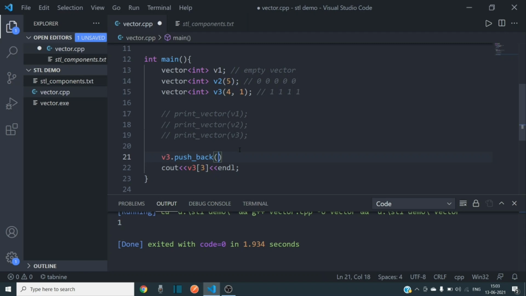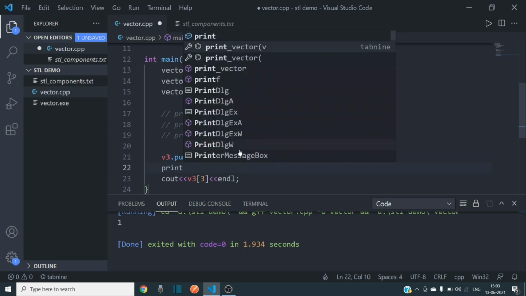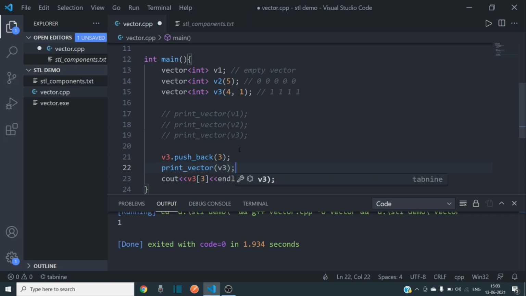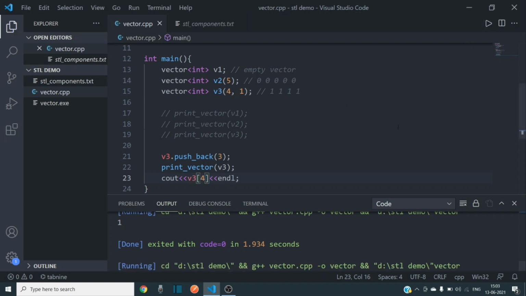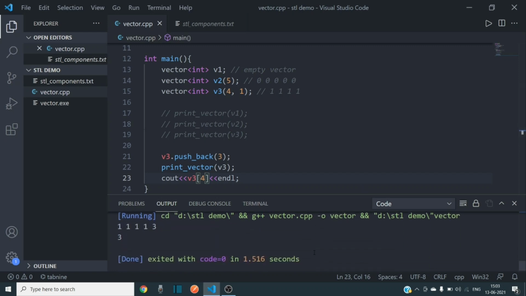For example, I want to push 3 after the 4 ones, so we can verify using print vector v3, and now we want to access the last element. Yeah, so 3 has been pushed after all the ones and now we have accessed the fourth index of v3. So 0 1 2 3 and the fourth index would be 4.